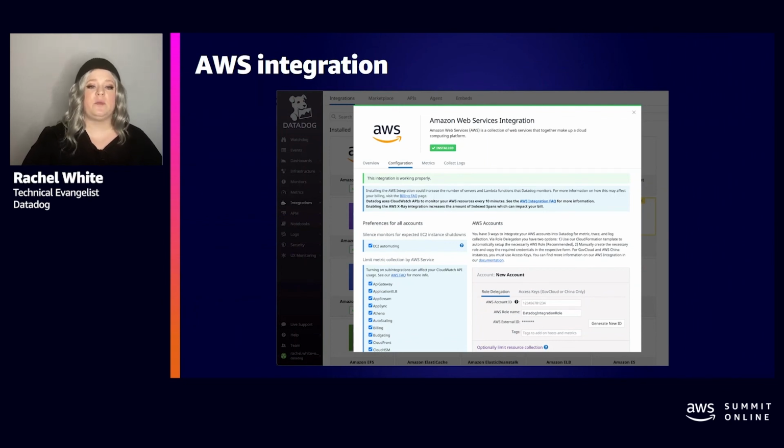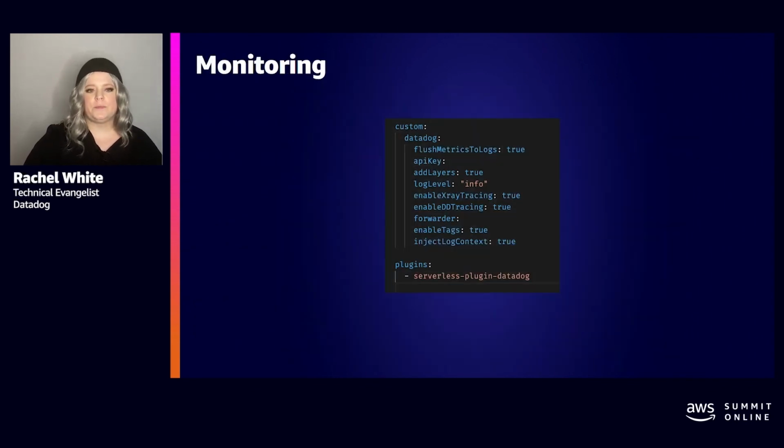We already described the process earlier about how with one click you can set up your AWS instrumentation, so I will assume that you've already done that. Out of the box, you'll be getting some logs already, and we just need to add a little bit more to our code. The first thing that we'll need to do is add some more information to our serverless.yaml file. Our serverless plugin has configuration options that you can use as needed for your specific use cases. You'll need to add your Datadog API key here.